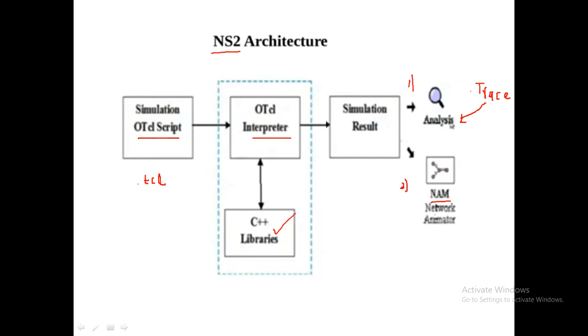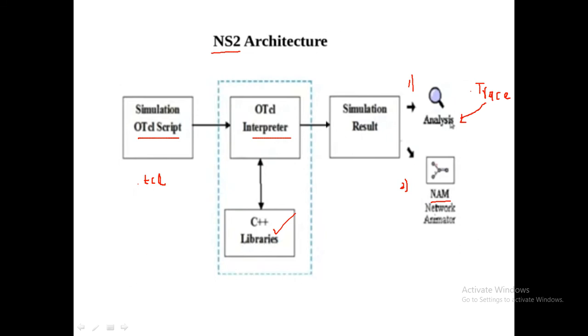So that is why, when installing NS2, you might be remembering that we used three important commands. One is we installed NS2, next is we installed NAM, that is the network animator, and the third one is we installed XGraph, that is to draw the graph. So we need the animator also. Now with this we can visualize our entire working or simulation of our network.